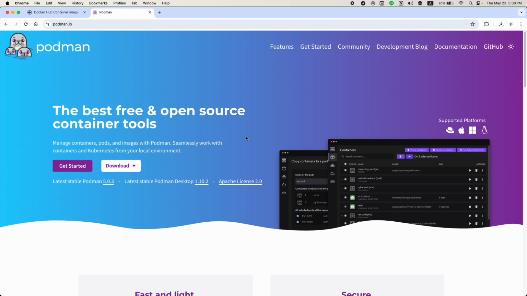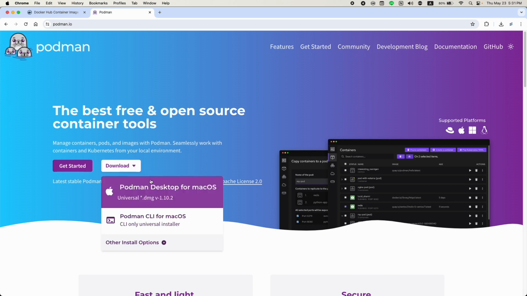Funkwire is released as a container image, so we need to set up an environment to run the container first. We have many options here, such as Docker, Kubernetes, and Podman. Here I choose Podman from Red Hat. All of these solutions support Windows, Linux, and macOS, so you can choose the one most convenient for you. For this step, I will go directly to the official website of Podman to download the latest installer and follow the steps to finish the installation.